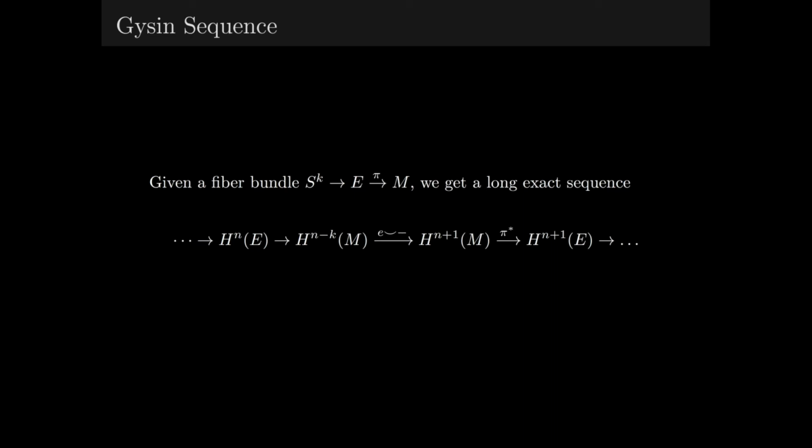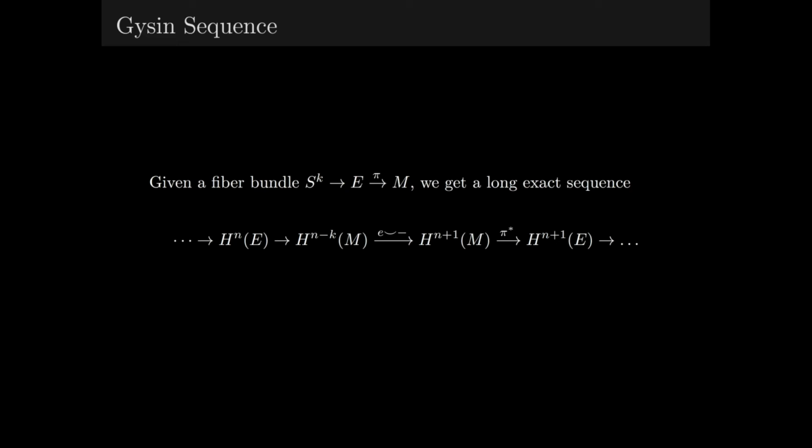For one thing, the map pi star is the usual pullback map, which, if you're working with manifolds, notice that our base space is M, not the usual X, can be thought of as pulling a tangent space backward along a smooth map. In fact, in the context of tangent bundles, we can use our manifold structure to define differential forms and integrate them along the fibers of our bundles. In this way, we can define what's called a push forward, denoted pi lower star. For this reason, some authors will write pi lower star for the map between Hn of E and Hn-k of M. However, in a general topological setting, this push forward can't be defined at all, so I'll leave this map